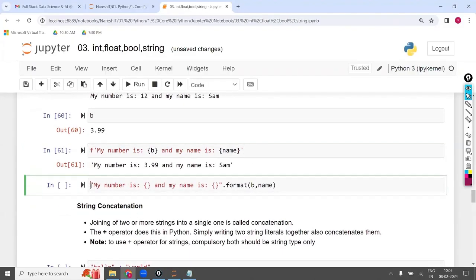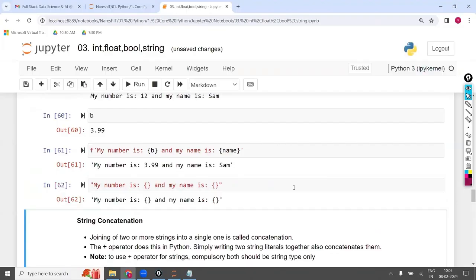The second way is that you give inverted commas like this, and after that, dot format. If you are not using dot format, curly brackets will be printed as they are. When you are using dot format, now here how many curly brackets are there? Two. In the first one, what do you want to fill? In the second one, what do you want to fill? In the first one, I want to fill with num. In the second curly bracket, I want to fill with name. So indirectly, it is equal to writing the num here, or writing the name here. Both are the same. Same answer.